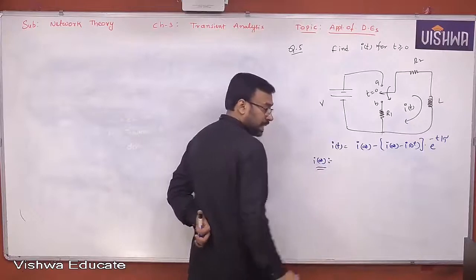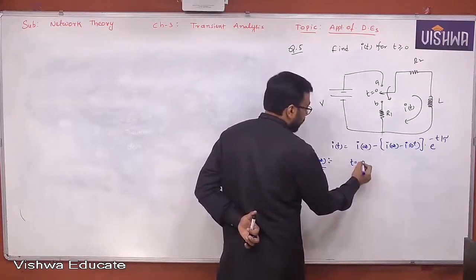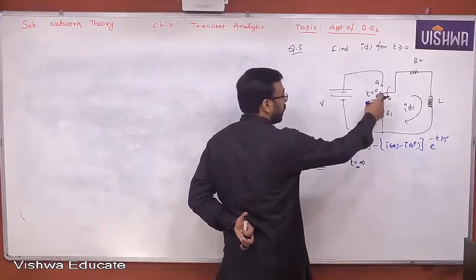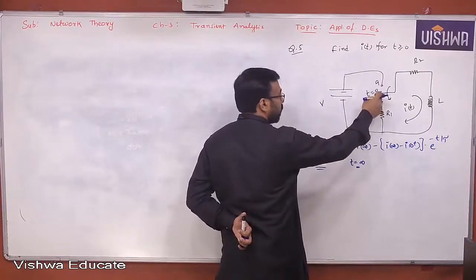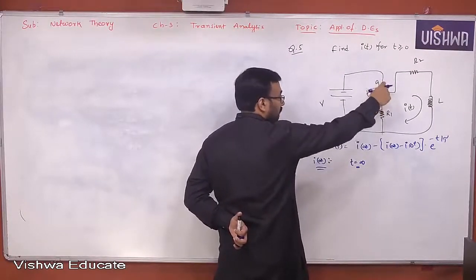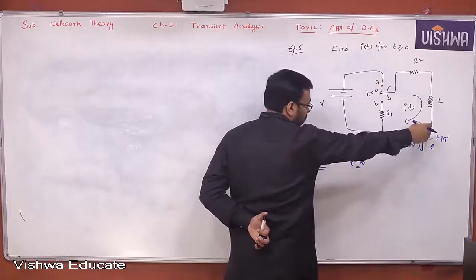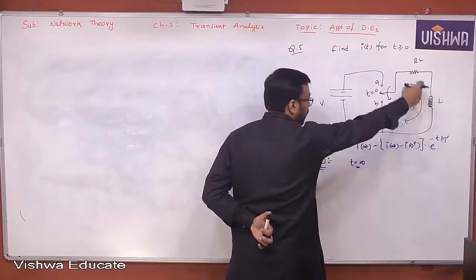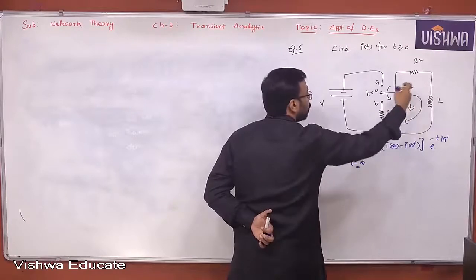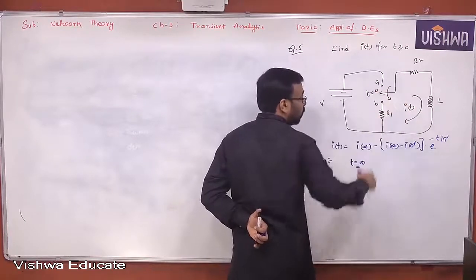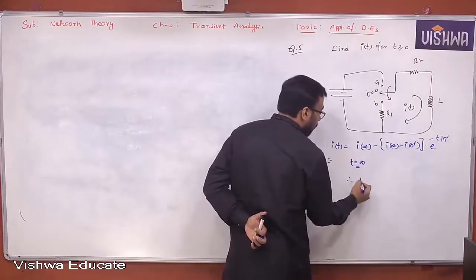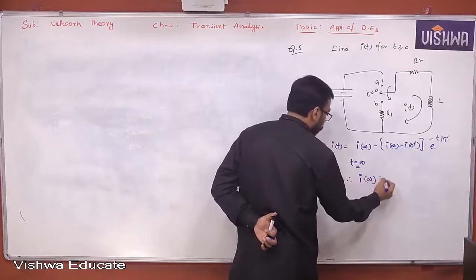You have to construct the t equal to infinity equivalent circuit. When you construct it, where is the switch position from A to B? It is at B. An inductor is acting like a short circuit. Yes or no, all of you? Inductor is acting like a short circuit, and there is no force once the switch is moved to B. Therefore, I of infinity will be 0.